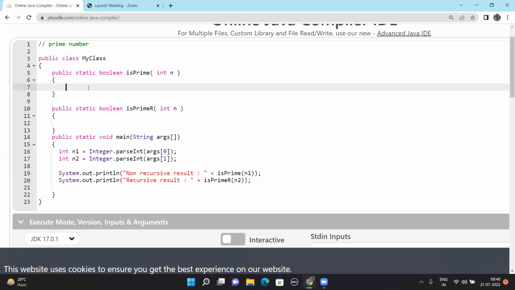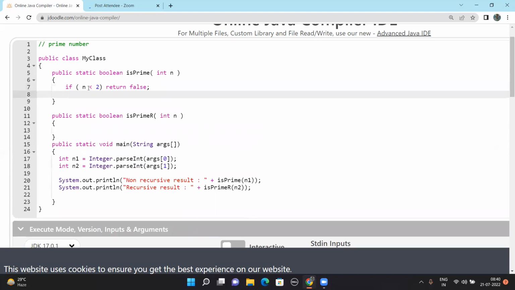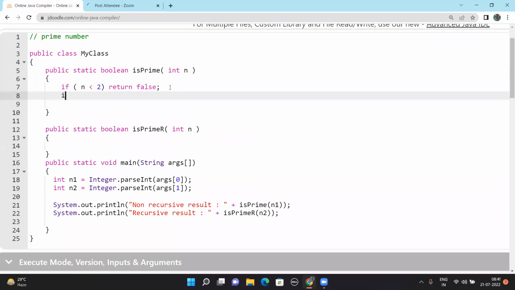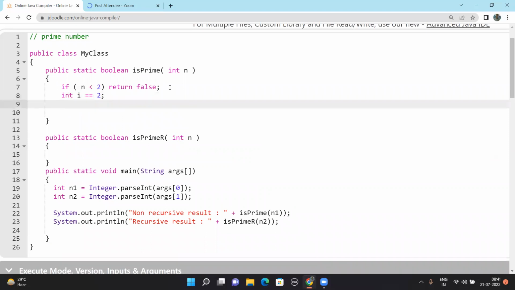This was discussed many times. Say if n is less than 2, I mean n is 1, return false. Right? Start with i equal to 2. While your i is less than or equal to n by 2,